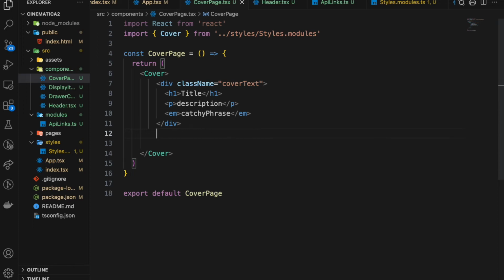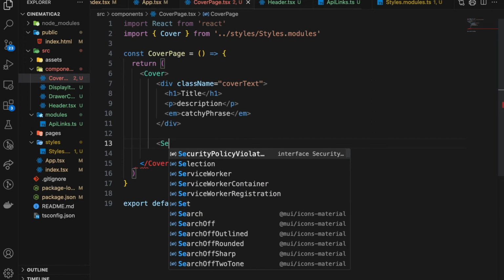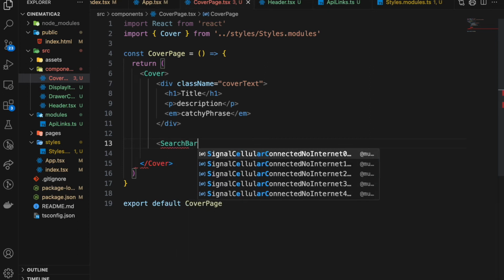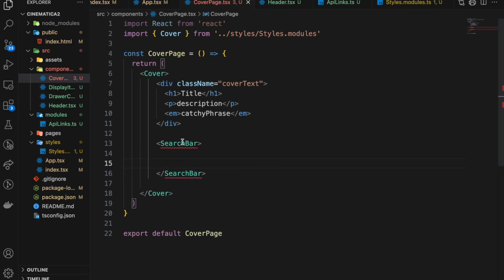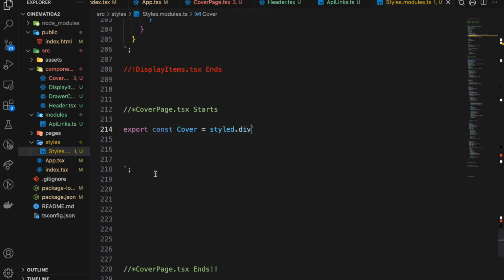And now we're gonna have a search bar here. Again, this will come from the styled component. Const export search bar styled.div. So that's where the search bar will come from,